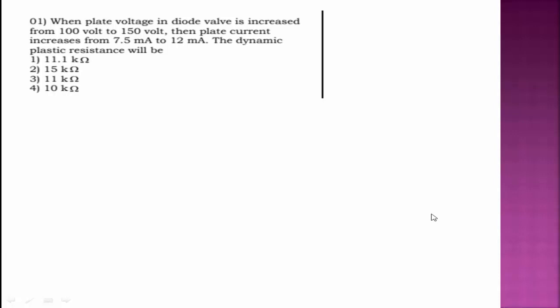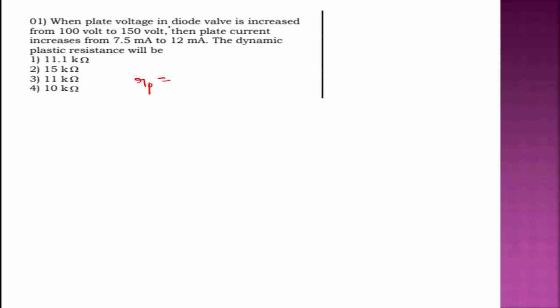The first question is: when plate voltage in a diode valve is increased from 100 volt to 150 volt, then plate current increases from 7.5 milliampere to 12 milliampere. The dynamic plate resistance will be, we know the formula. The plate resistance in a diode valve, we know that formula, that is Rp is equal to,